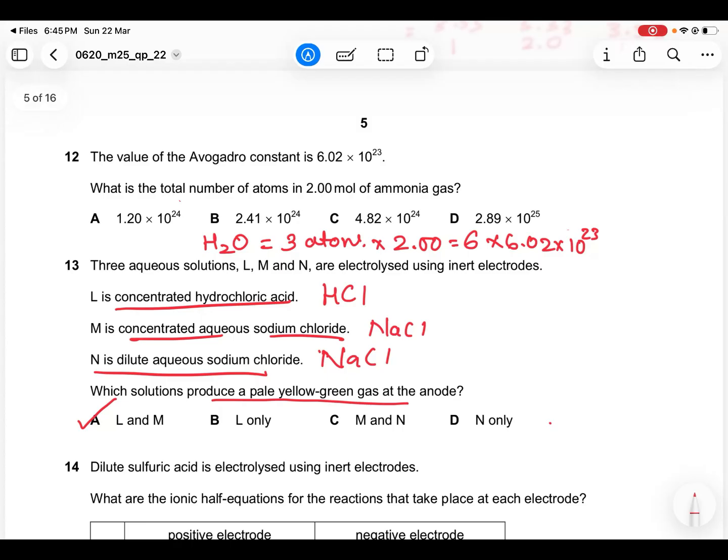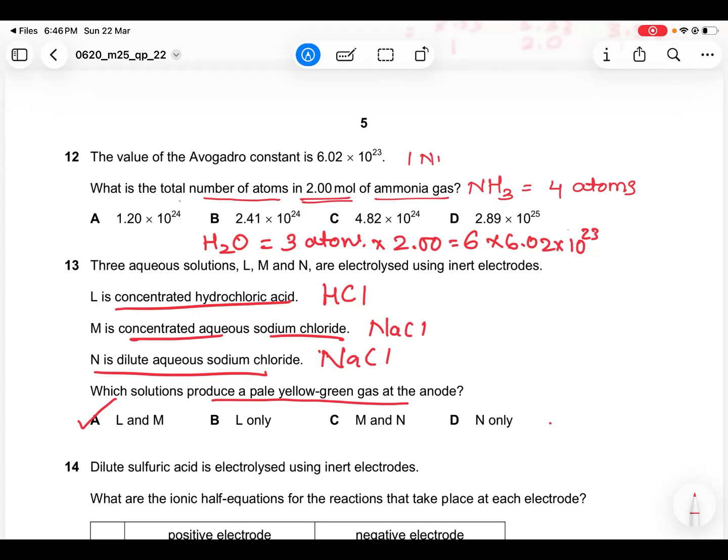The value of Avogadro constant is 6.02 × 10^23. What is the total number of moles of atoms in 2 moles of ammonia gas? So now here moles are already given, and they are asking us to find out the number of atoms that this much moles, that is 2 moles of ammonia, will have. So we should know the formula of ammonia, that is NH3, and you can see that I have one nitrogen atom and 3 hydrogen atoms. So in total in ammonia I have 4 atoms,